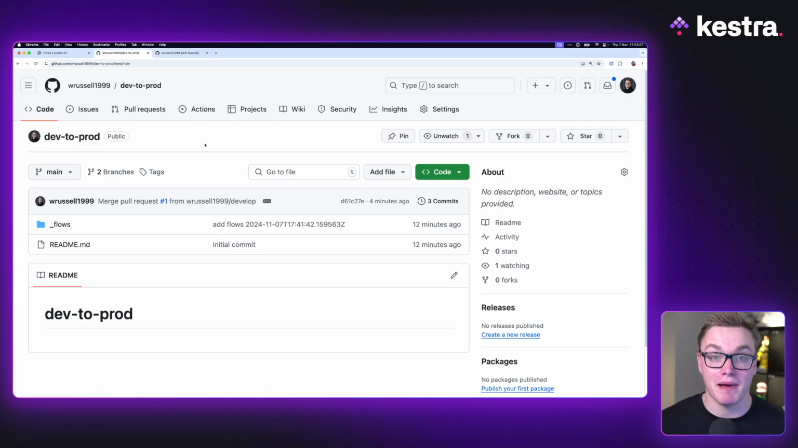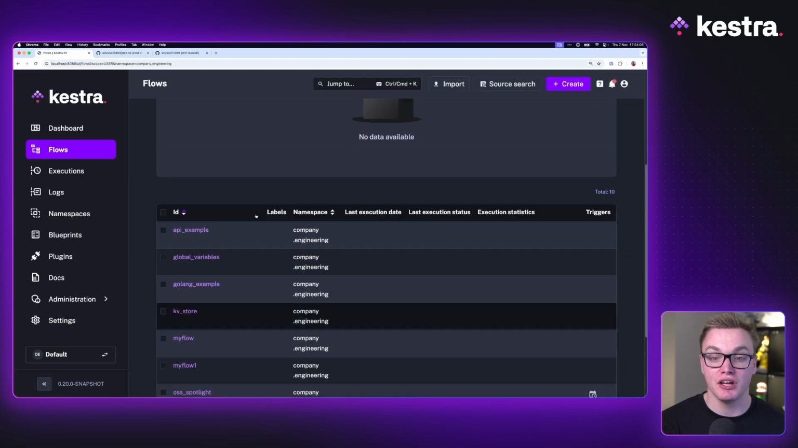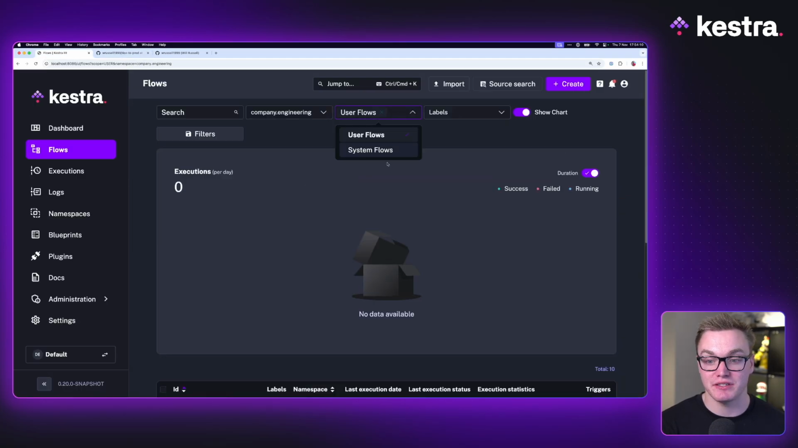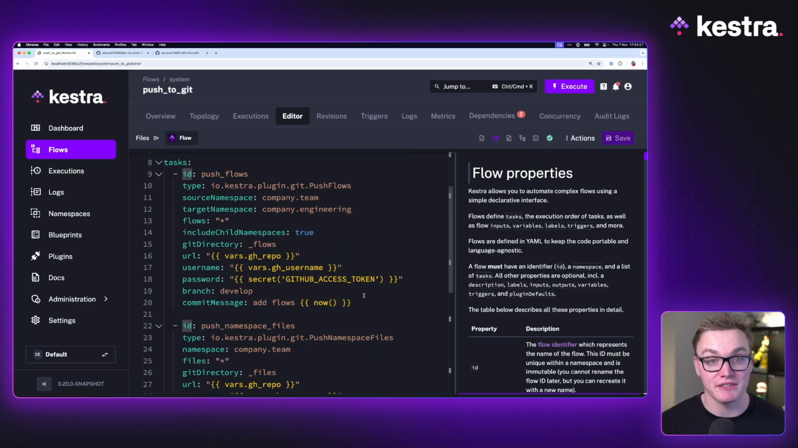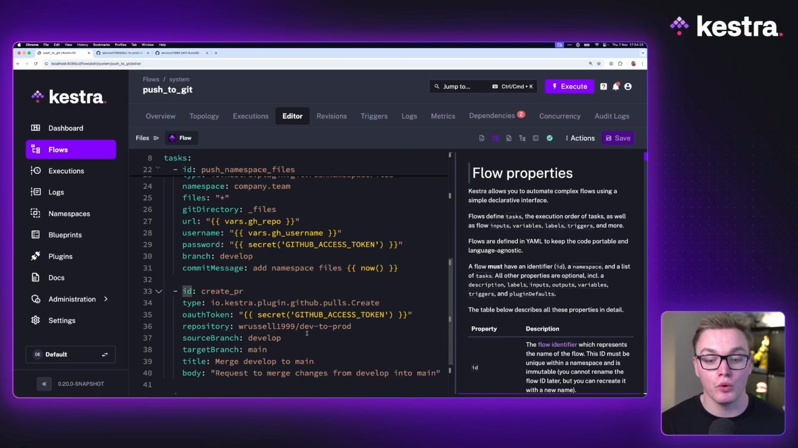Let's just take a step back and summarize what we've just achieved to being able to go from dev to prod seamlessly. To begin with, we are pushing our workflows to the develop branch here in Kestra using our system namespace. We've got this flow here called push to git that's using push flows and push namespace files to push those to our develop branch. And when it does so, we are automatically creating a pull request. And we can set that pull request up to automatically ask for reviewers and require multiple reviews before it is allowed to be